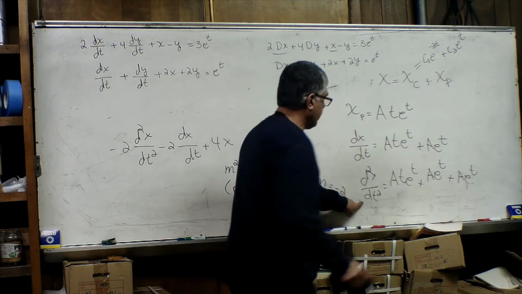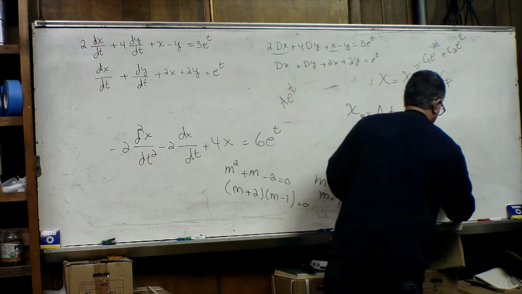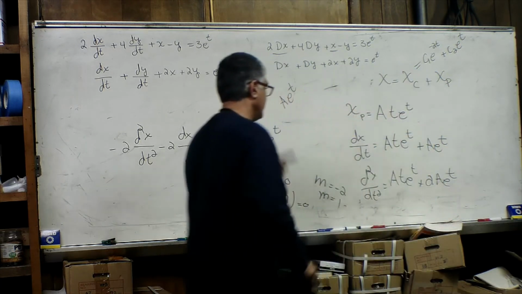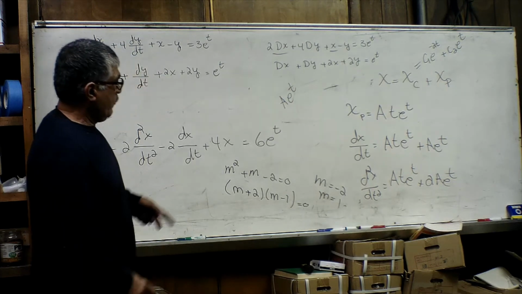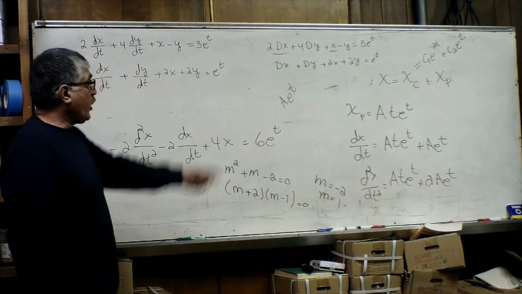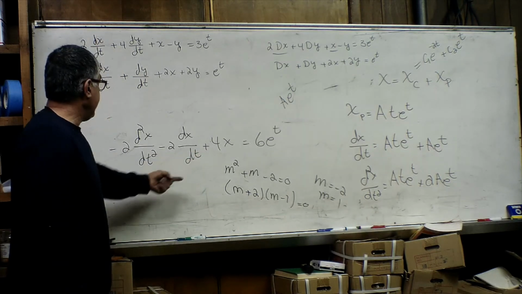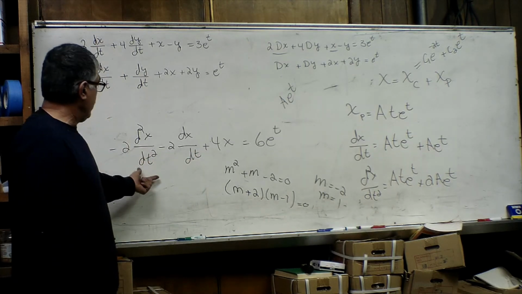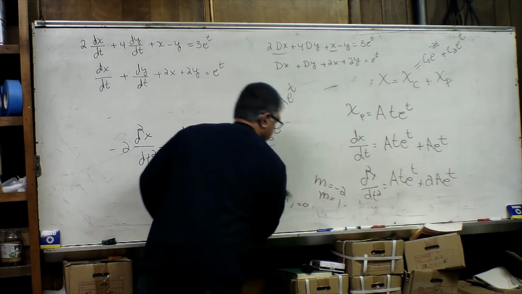So this will be 2a e to power t. So if we now go ahead and plug those values of x, dx over dt, and d2x over dt squared in this equation,